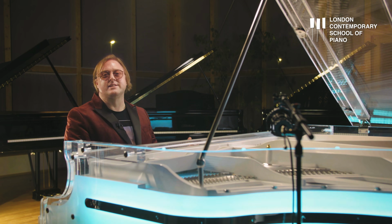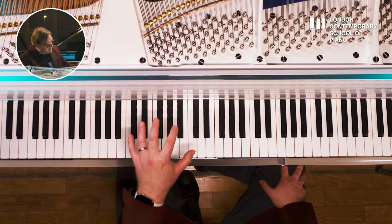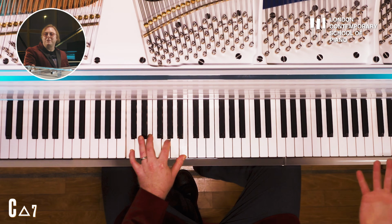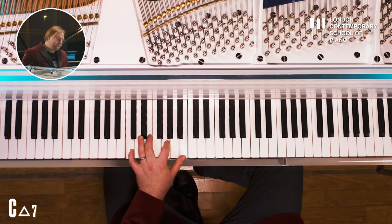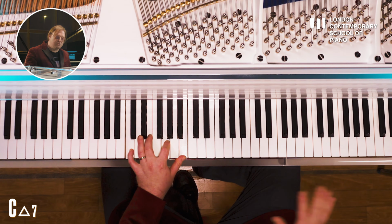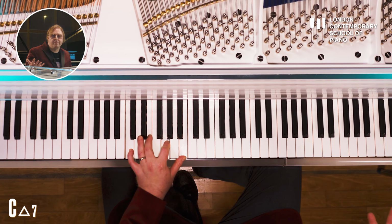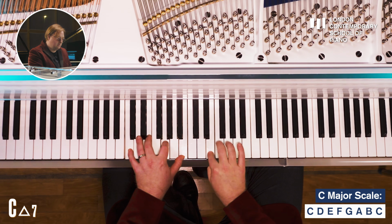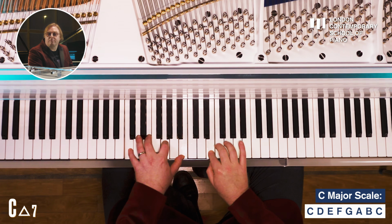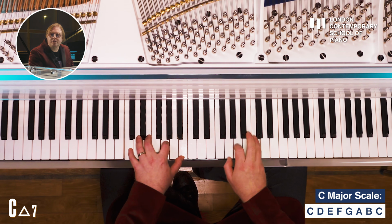Like, for instance, let's start with a trusty C major 7 chord. If you were playing a C major 7 chord, what scale would you put on top of that? I see a lot of students will just say, well, it's a C major 7, I might as well play a C major scale. And there's nothing wrong with that, it works. It's totally logical. But